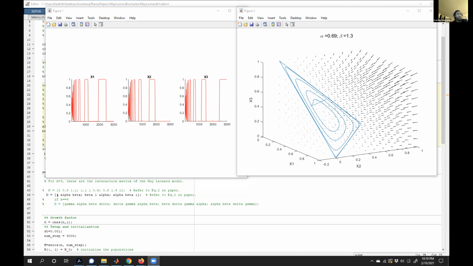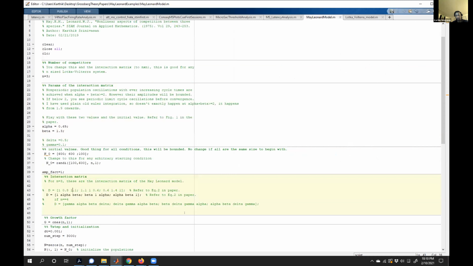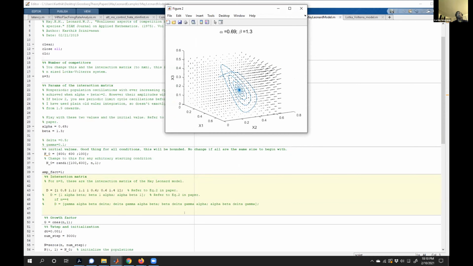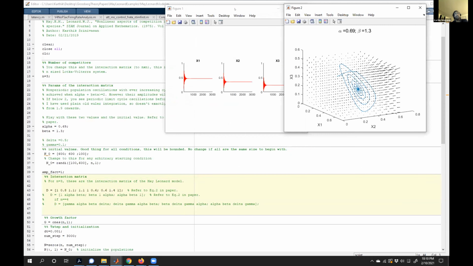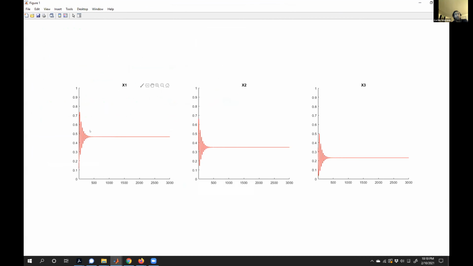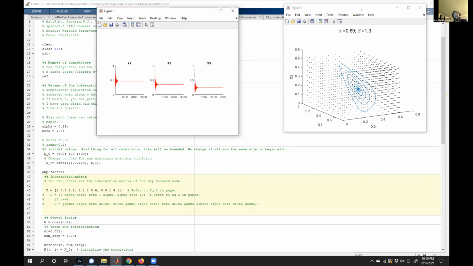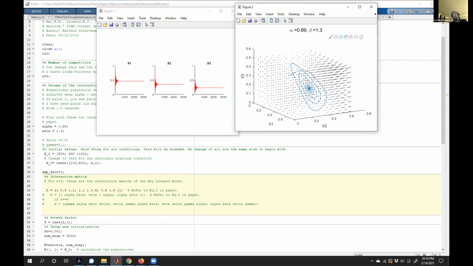But if I change the parameter, sorry, I just coded this up, so bear with me if it doesn't immediately translate. On the other hand, for another set of parameters, you see that it oscillates and then they all become stable at their own population level. They might have oscillated and started with any initial condition, and that's what you see here. It starts here in this system, and then it ends up in some fixed point. So depending on the parameter choices you make, and in fact there should be another gamma here,